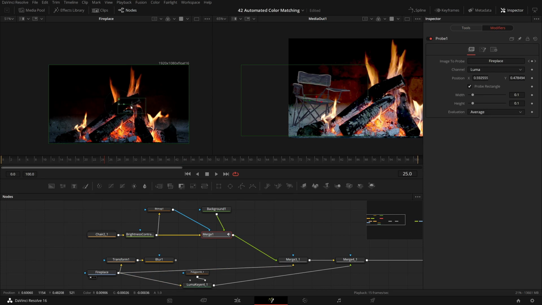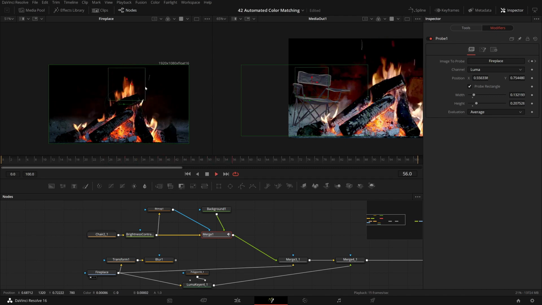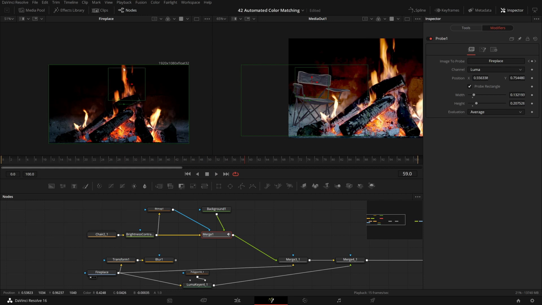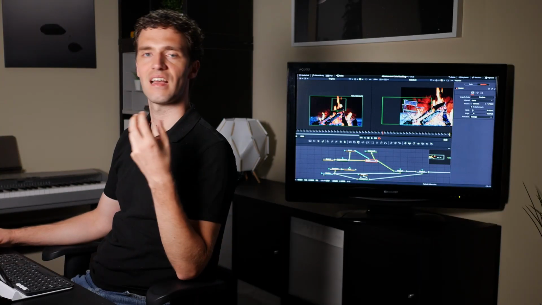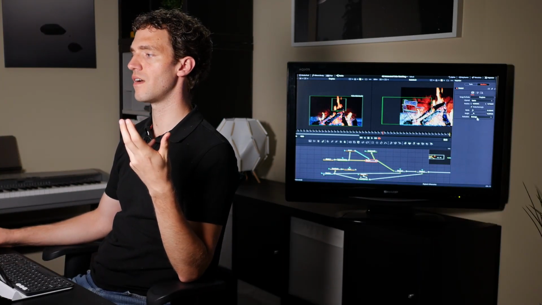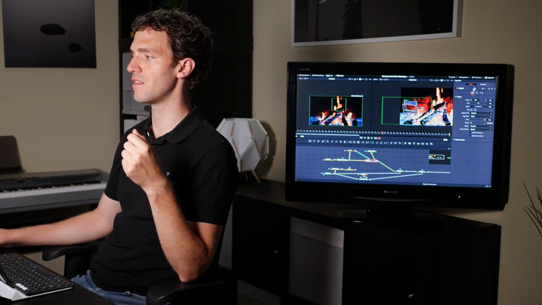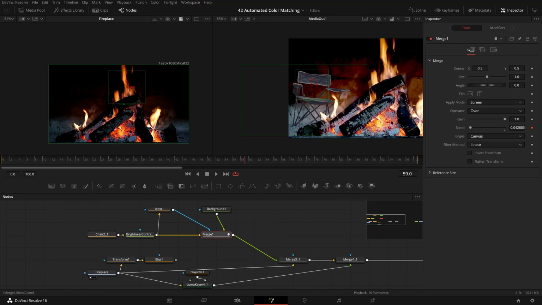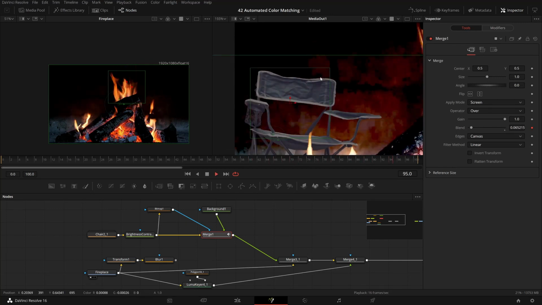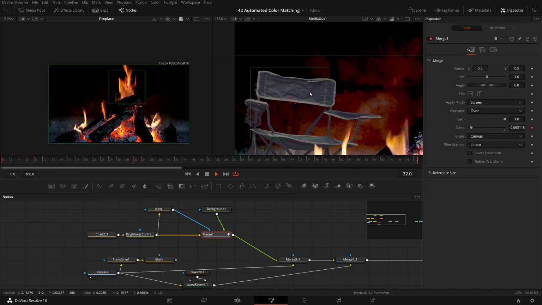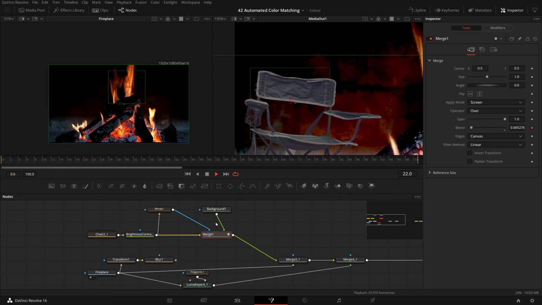So you have here a rectangle which you can position, and I'm looking on the left image, which I can position and resize. And I might adjust it to capture the flames up here. And now it is calculating the average luminance over this area. It's probing this, it's calculating this, and giving me an output value based on the average luminance here. And this output value is now driving in the tools section here my blend parameter. So now you see my blend parameter is changing, and by this my background color correction or my screen version